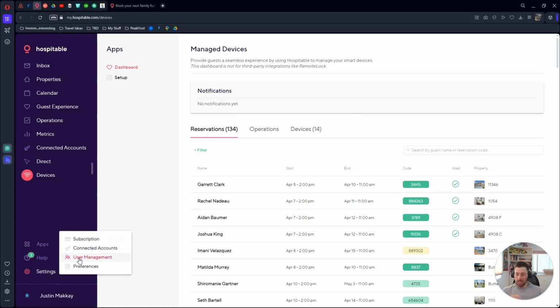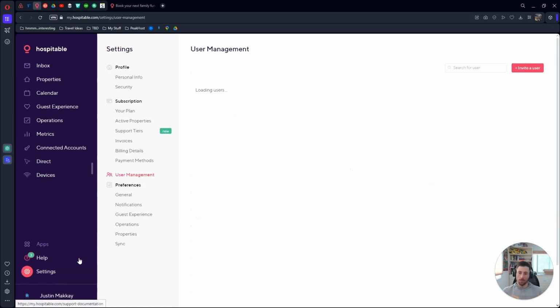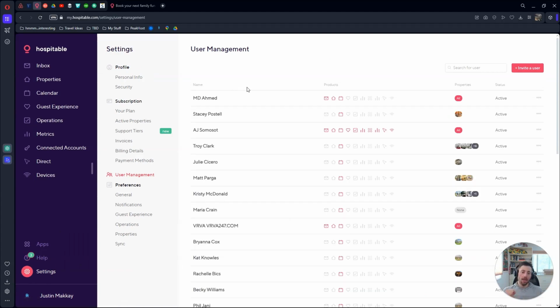Last but not least is going to be user management. Now, this is how, let's just go back to the beginning of this section when we talked about operations. In order to give your cleaner access or your maintenance person access to your calendar, you have to first add them in operations as a teammate, assign them to properties as a teammate, and then you come right in here to user management